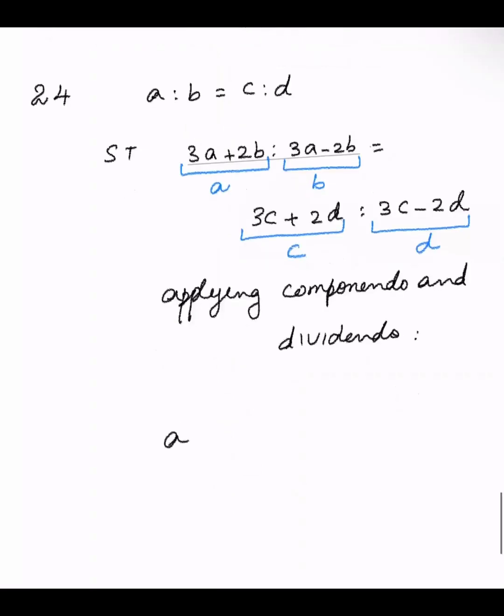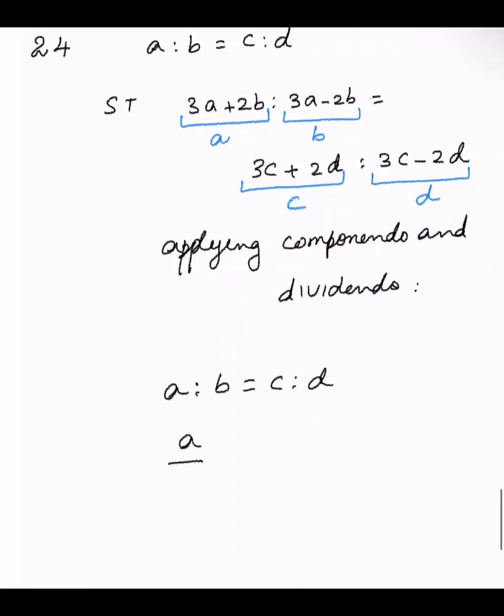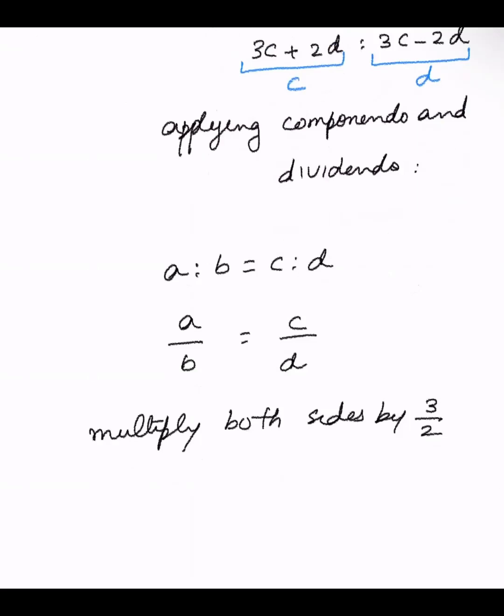You are given A is to B equal to C is to D. That means A by B equal to C by D. Okay, this is what you know. Multiply both sides by 3 by 2, which means I get 3A by 2B is equal to 3C by 2D. This is what I'm getting. Okay, then